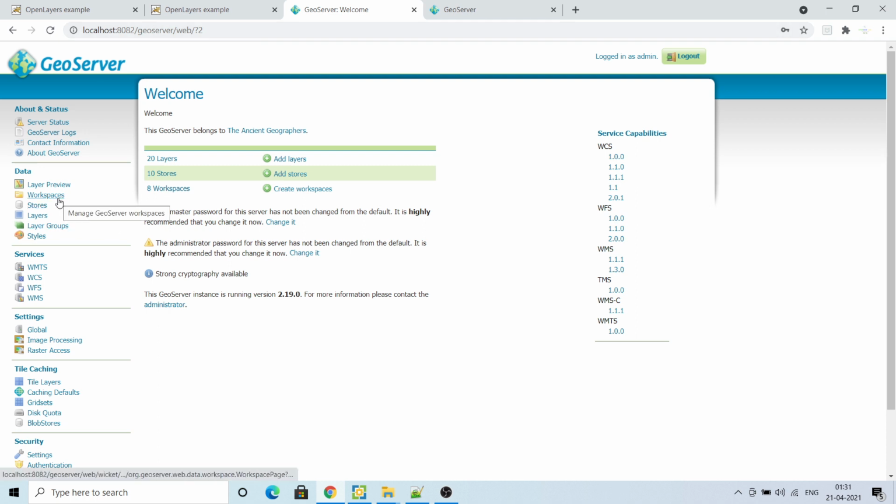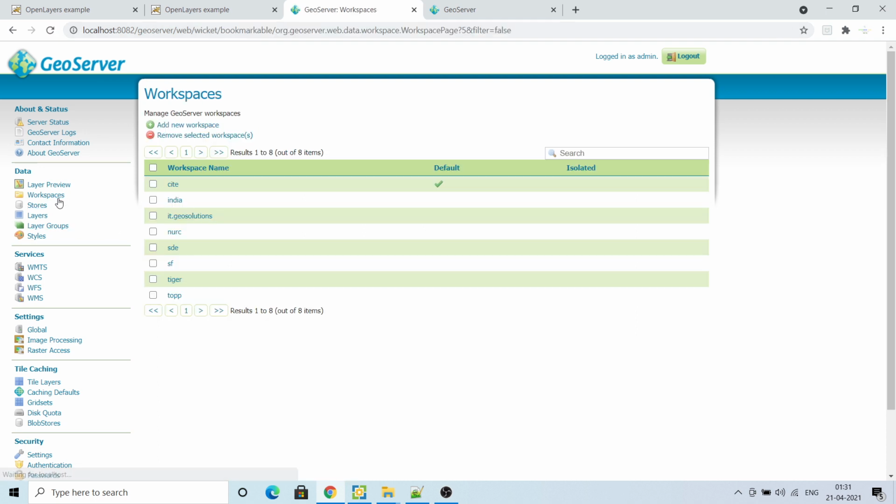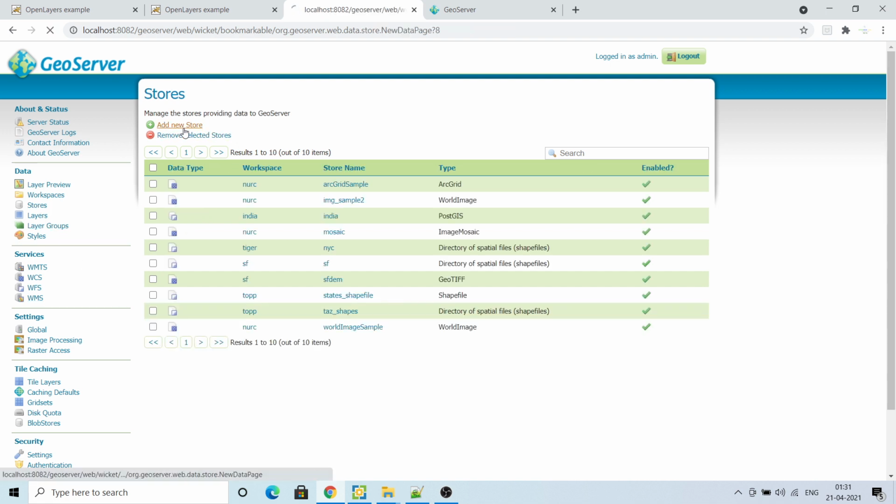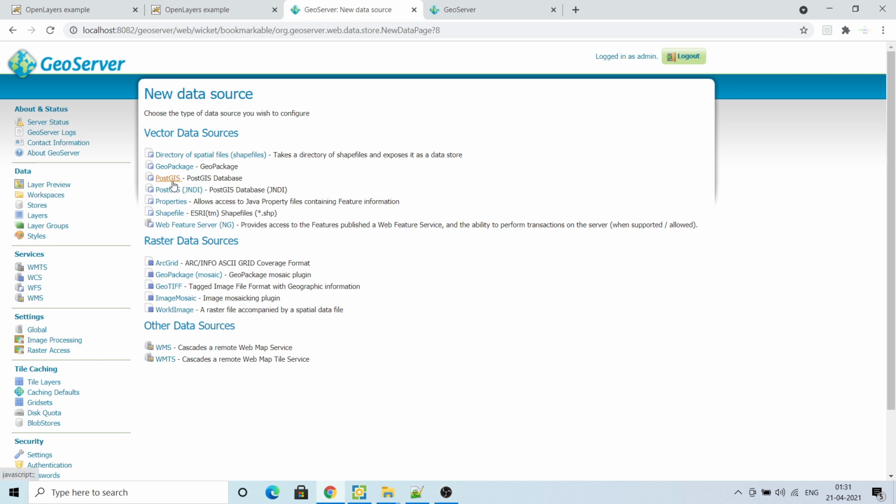First, for publishing any geographic data, you need to create a workspace. You can go through my earlier videos on how to create a workspace. Then you have to create a store. There are many kinds of stores, like raster data and PostGIS. If you have shapefiles inside PostGIS, or a shapefile on your machine, you can publish all the shapefiles at once.